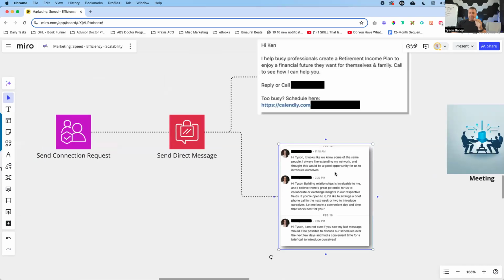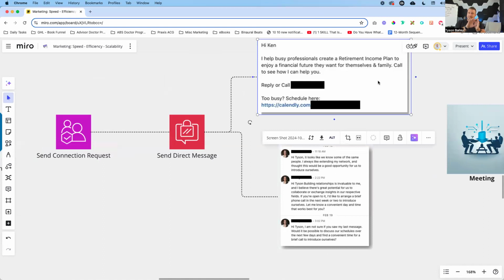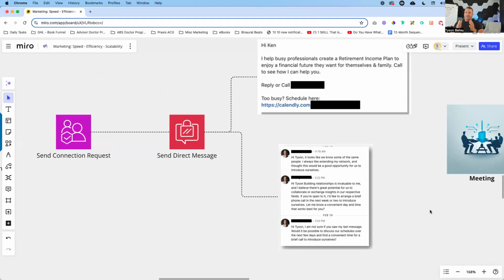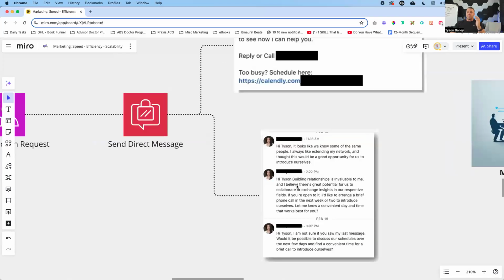Now, inside of the second message, this is what I'll see a little bit more seasoned LinkedIn marketers start to do. Instead of going out and spraying a sales message, they essentially use a Trojan horse offer or a Trojan horse message to get a business owner, an executive, a doctor on the phone. I see this 9 times out of 10. This is what is being taught by a lot of LinkedIn marketing companies out there, where they're saying, hey, let's hop on an intro call. I love growing my network. I want to see if you can help me, if I can help you, right? Again, nothing inherently wrong about that.